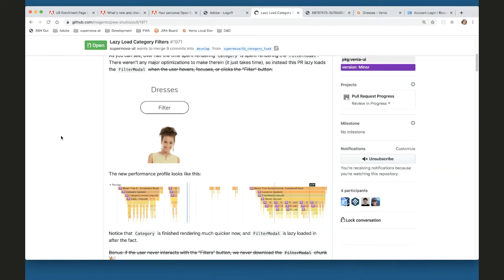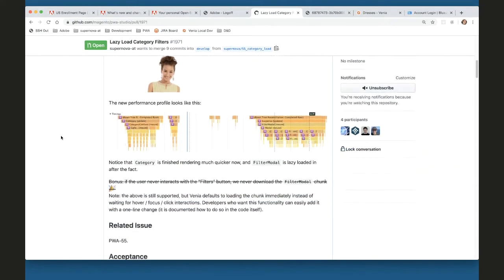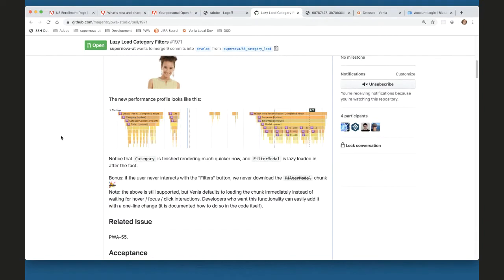We can easily change it if you want, but it's just a quicker load on the category page and splits out the filter modal into a separate chunk. That's it. Yeah, and just to add on, Andy, we talked about this in the PR a little bit, but